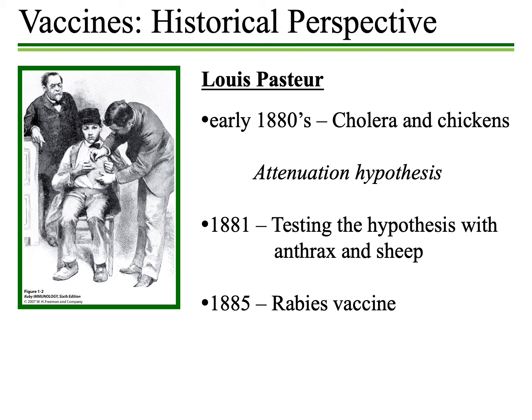And it turns out that these chickens that had survived the initial infection with the weaker, older strain also now were able to survive an infection with the newer, fresher strain. And so what he proposed was something known as the attenuation hypothesis. He proposed that this aging, weakened culture had much lower virulence, meaning a much lower ability to cause disease. And it was this weakened strain that could be injected into an organism, in his example the chickens, and could protect the chickens from full-blown disease.